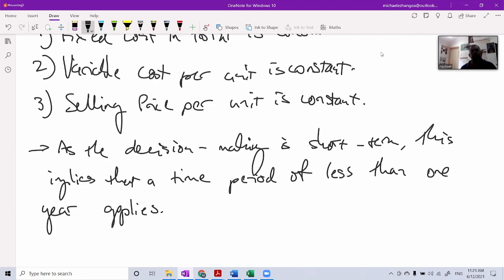All right, this implies the time period of less than 1 year applies. So the decision, the outcome, everything is within 1 year. Okay, now because it is within 1 year,